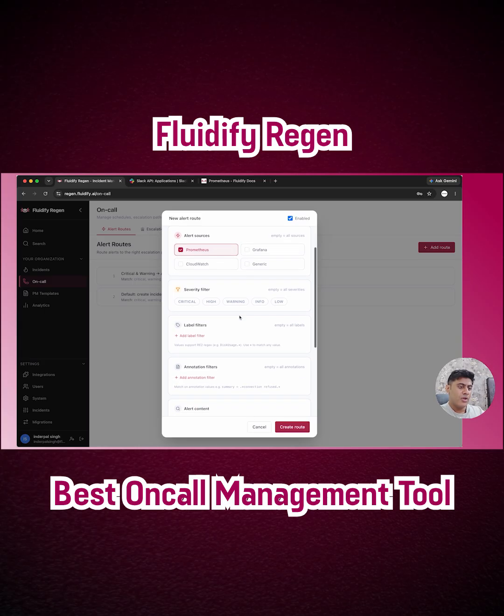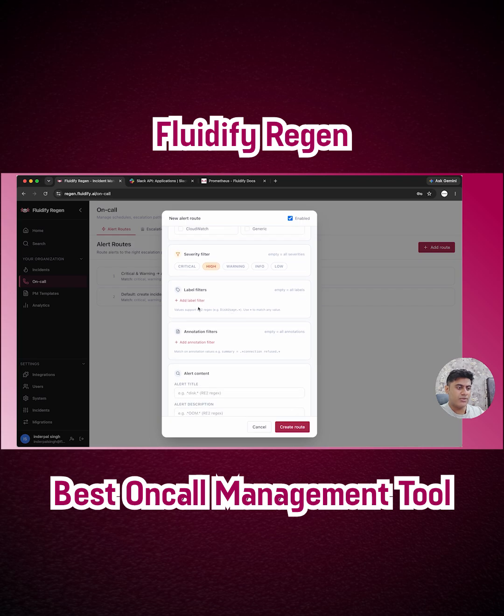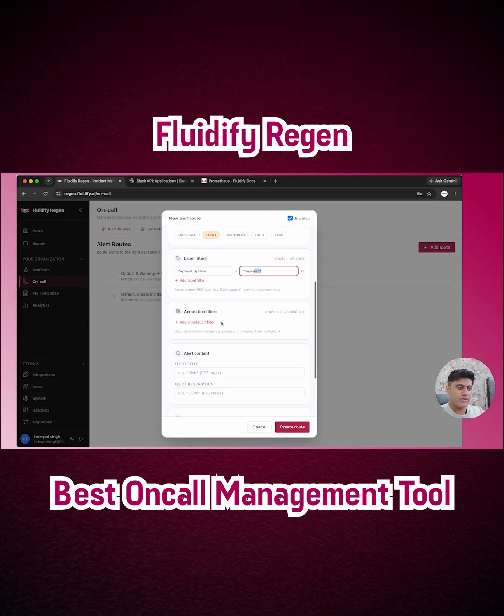I filter it now. Only on these filters would the alert be created into an incident. Let's say I create on high. I can also add any label. There are multiple labels. I can do a regex pattern, for example. It should match, let's say, payment system. So I'd just be directly filtering on all alerts including the payment keyword, and similarly I can do it on the